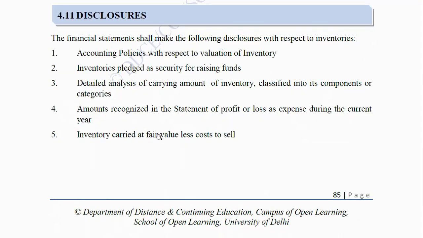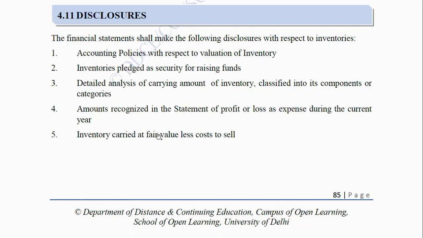4.11 Disclosures. The financial statement shall make the following disclosures with respect to inventories. Number 1. Accounting policies with respect to valuation of inventory. Inventories pledged as security for raising funds, detailed analysis of carrying amount of inventory classified into its components or categories, amounts